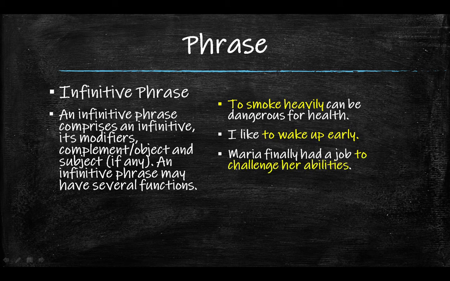Maria finally had a job to challenge her abilities. To challenge is the infinitive. Abilities is the object of challenge over here. It's not a modifier. To challenge what? Abilities. The action of challenging was being performed on abilities. It's the plural of ability, a noun, and it's the object of challenge. Therefore, to challenge her abilities is an infinitive phrase, an infinitive and its object. So that was all about phrases, and now it's